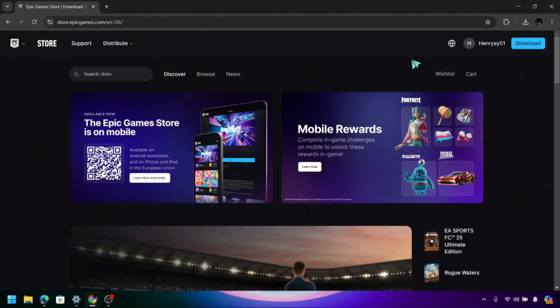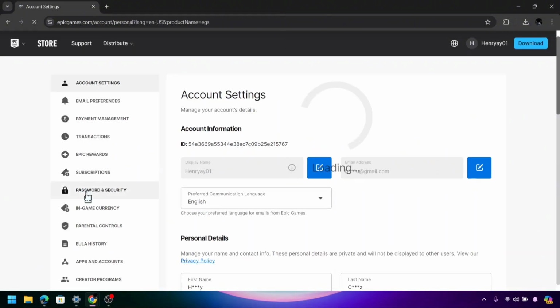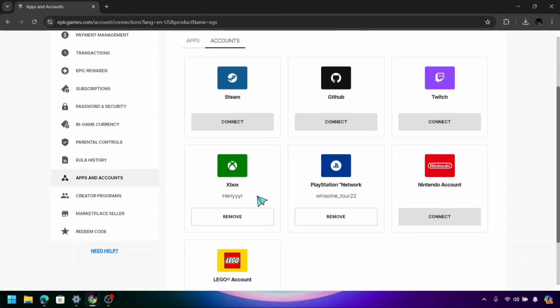First, go into epicgames.com and then find the display name in the top right corner of the screen. Click this. Click the account and then scroll a little in the sidebar until you see the apps and accounts. Now as you can see here, this is the Nintendo account button or interface for connecting it into our Epic Games account. Click the connect button